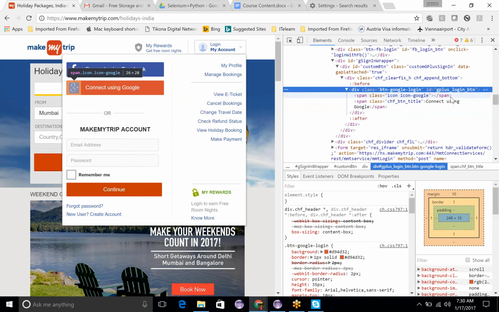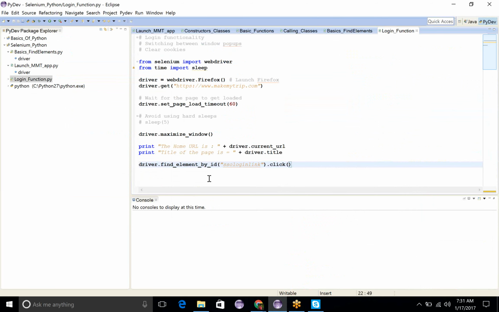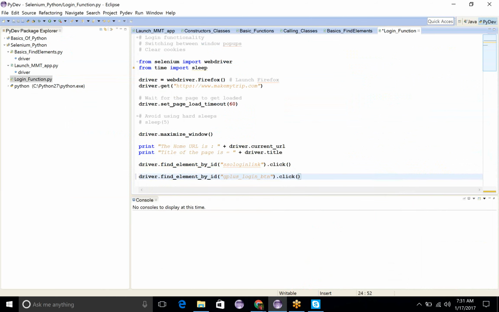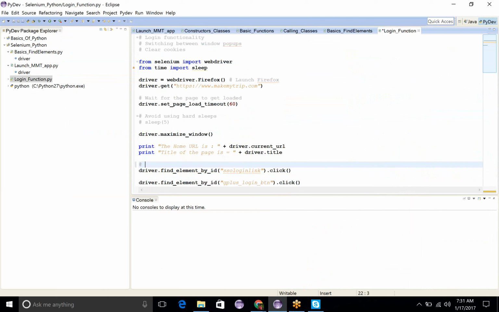Okay, so Google plus login button, I'm copying this. And I'm saying driver dot find element by ID, and then I will say click, right? So this is for click login